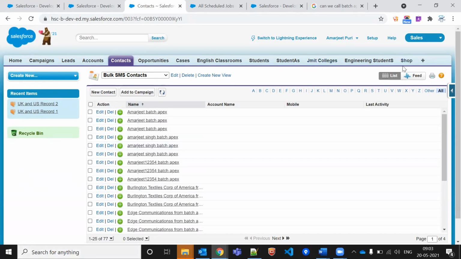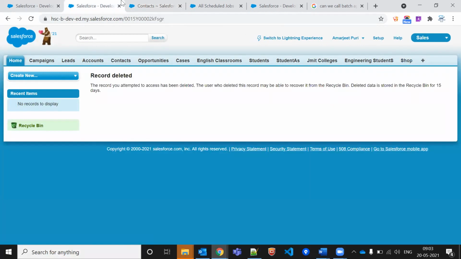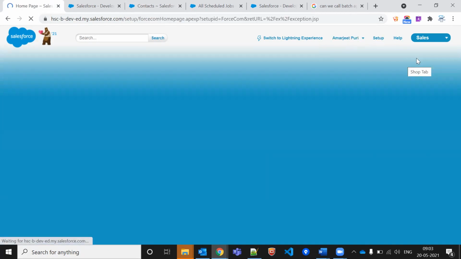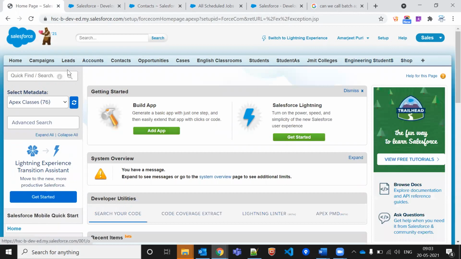So generally we can create a Visual Force tab like this. We'll go to tabs and create a Visual Force tab. The client requirement is that once we open this tab, my batch Apex should run. After clicking on the tab, it should run.